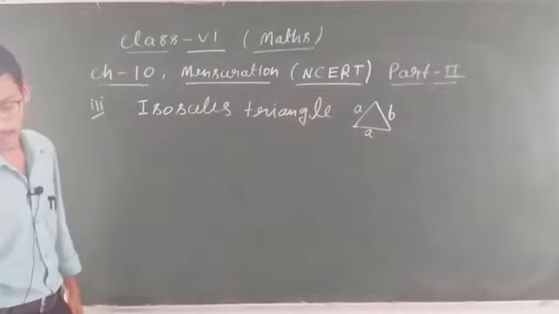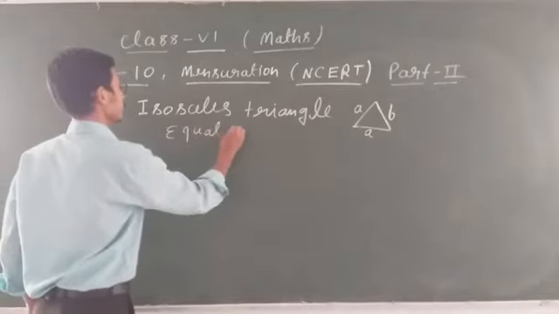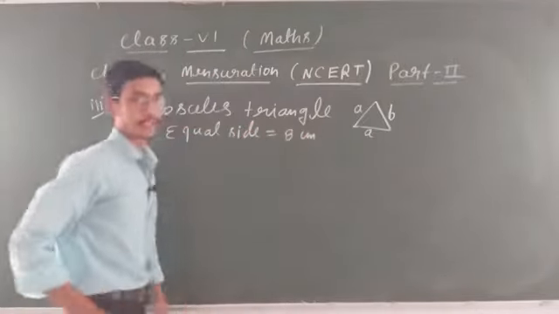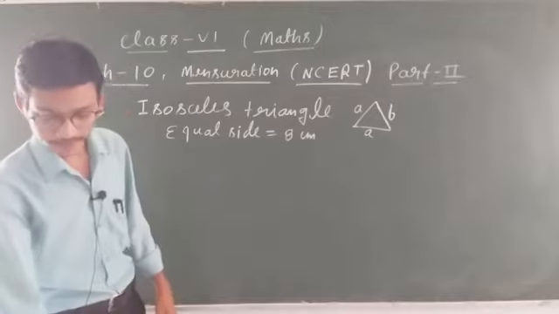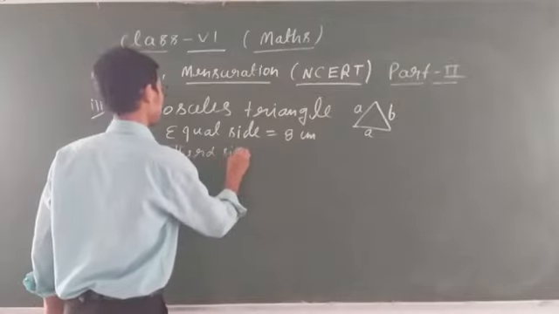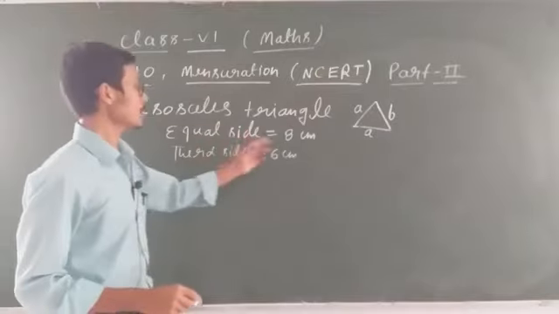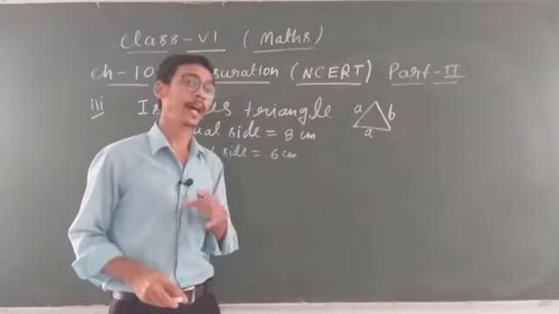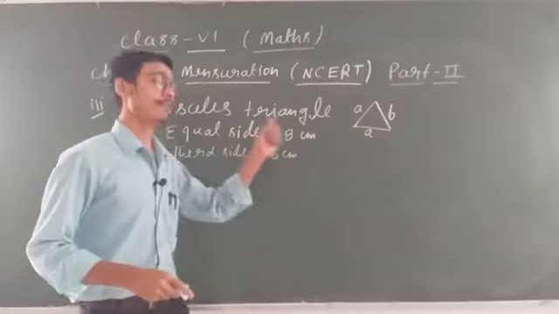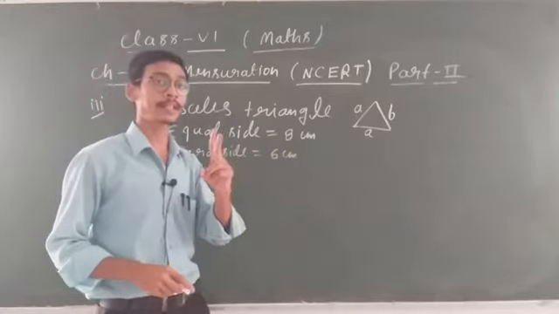It is given an isosceles triangle with equal side 8 centimeter. Is that clear? And next, third side is 6 centimeter. Clear, student? So what is the meaning of this equal side of 8 centimeter? Now you know that I explained how many equal sides are in an isosceles triangle, student? 2 equal sides. So this is the value of the first side and second side because the third side value is given, and in an isosceles triangle the two sides are of equal length.